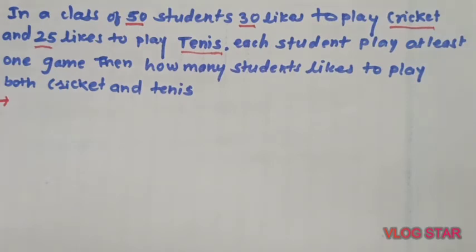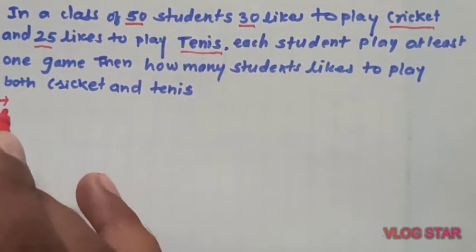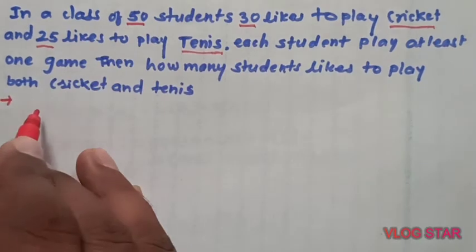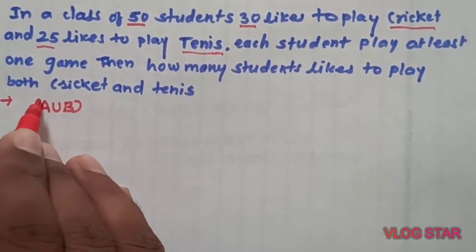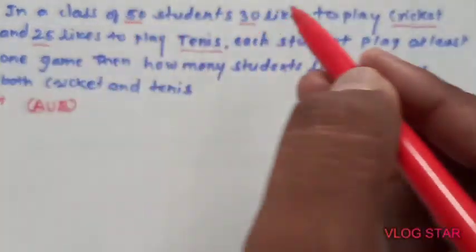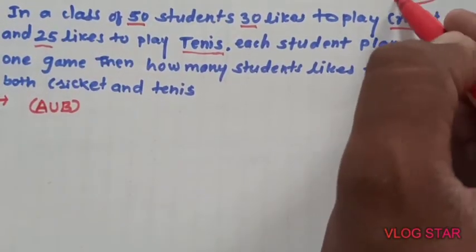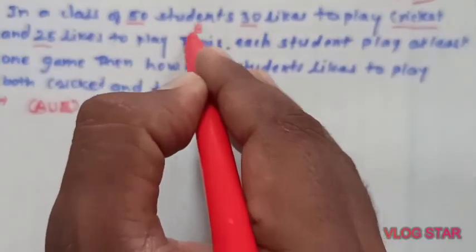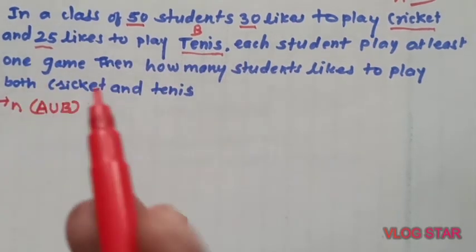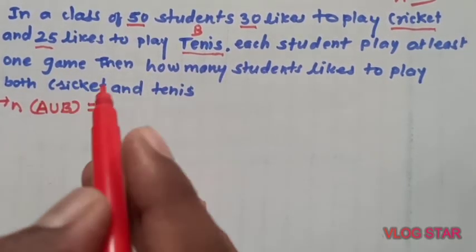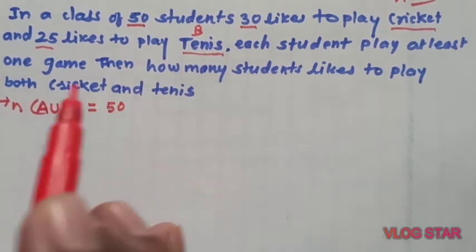Okay, both. So what is the given 50? What does 50 mean in simple language? All students. और वो स्टूडेंट्स एक तो A में होंगे या B में होंगे, isn't it? So A और B में 50 है. और का मतलब क्या होता है? यूनियन, A union B. So A for cricket and for tennis we used the set B, isn't it? So the number of players or students in A union B, यहाँ पे 50 है.